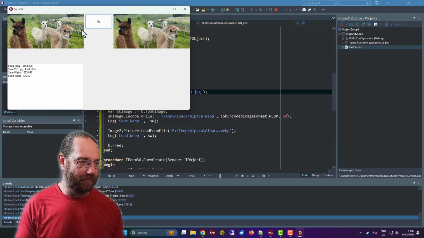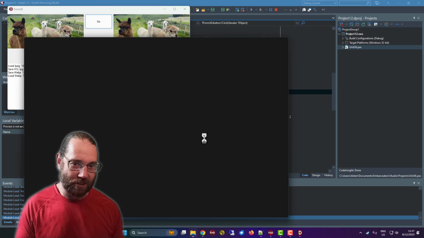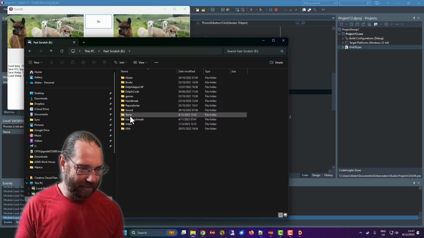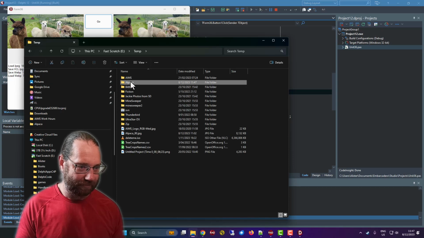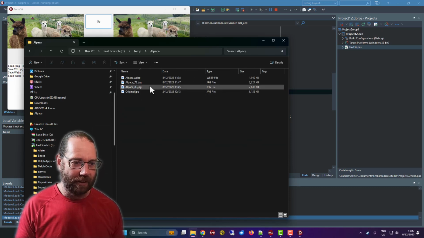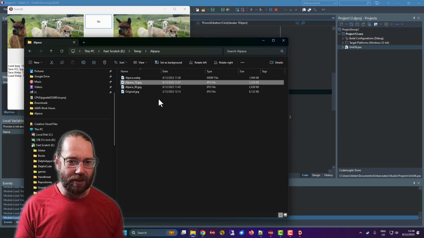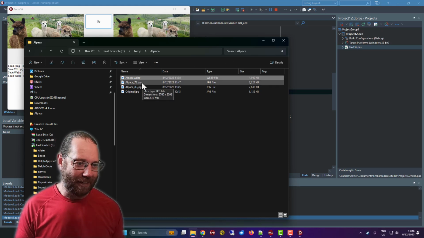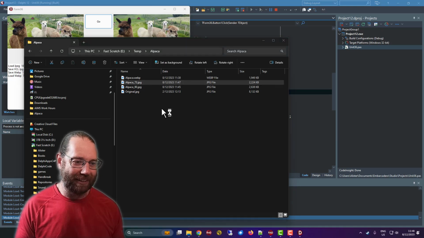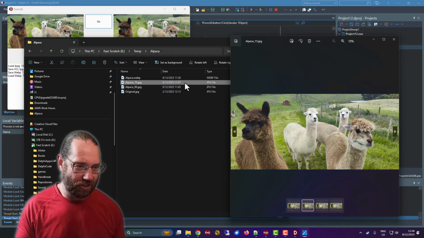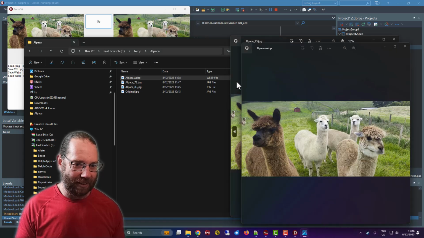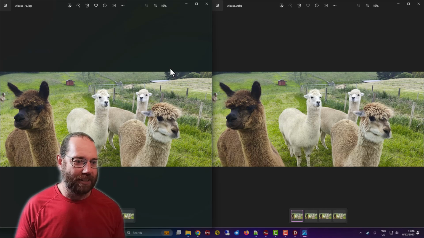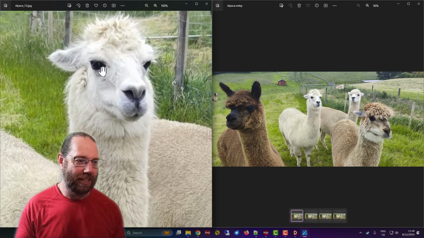If we run that, we would look at the files, which I closed. So temp alpaca, and we're still comparing these images. There's our JPEG. There is our WebP, and if I put the WebP on the right and we zoom into the eye,